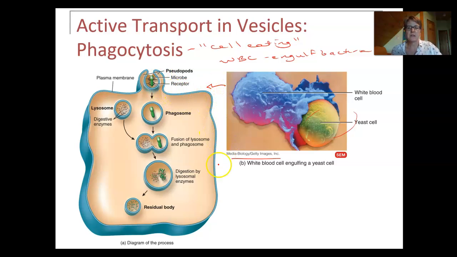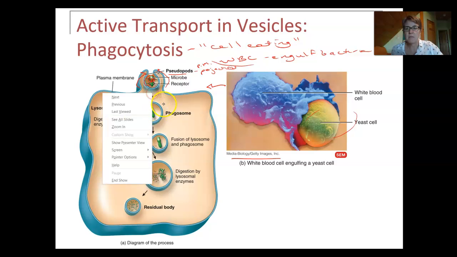So I have a white blood cell with its plasma membrane, and what it does is it kicks out these projections. These projections are called pseudopods, right? They are plasma membrane projections. And they wrap around it. Here I have a little bacteria, a little microbe, and it's detected it, and it said, oh, I am going to wrap around you. So when I wrap around you,